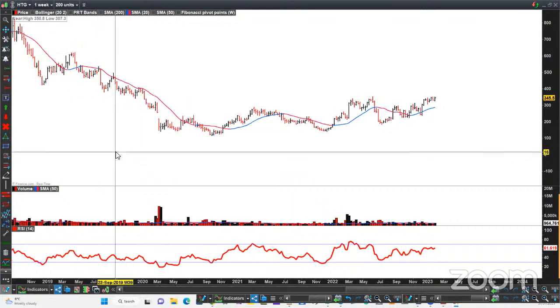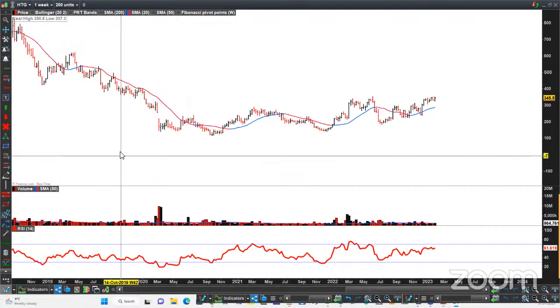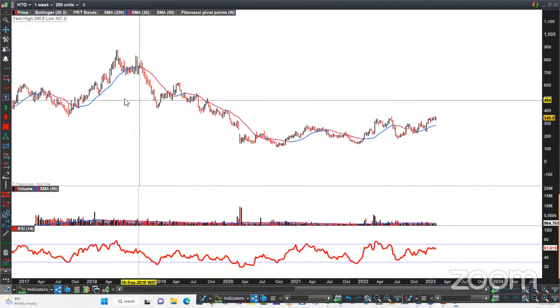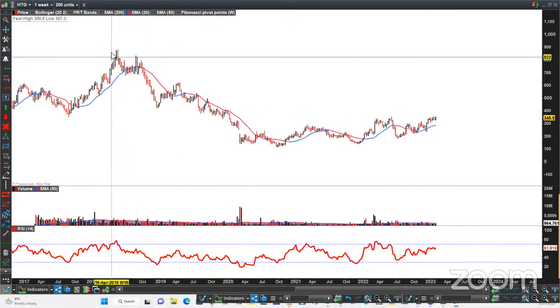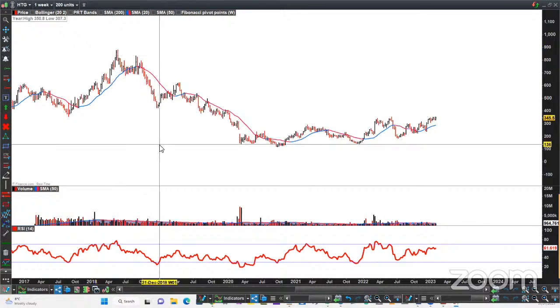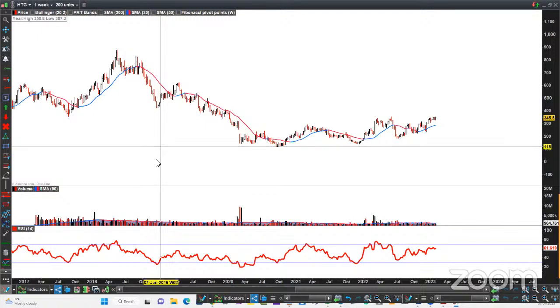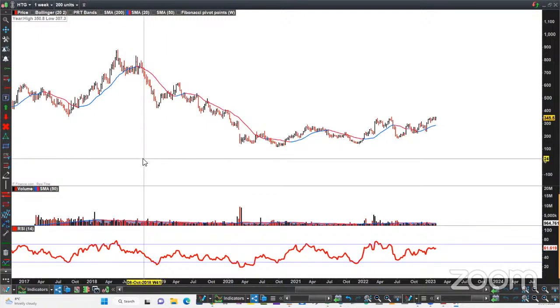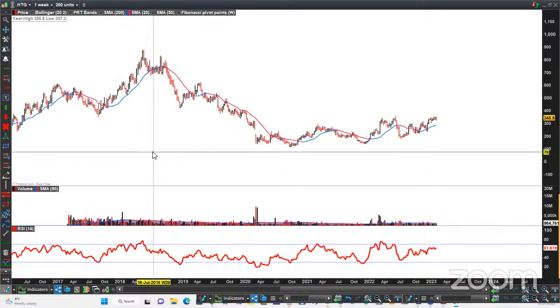It's Hunting Oil. Now, this Hunting Oil was not that long ago, in 2018, as high as £9, £8.80. At the lows, it was £1.20, and it's currently £3.50. I think this is a really sweet chart. Why do I think that? Because